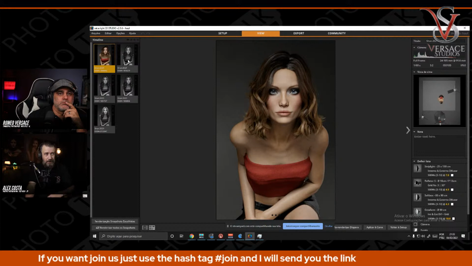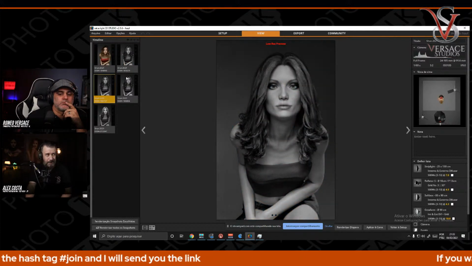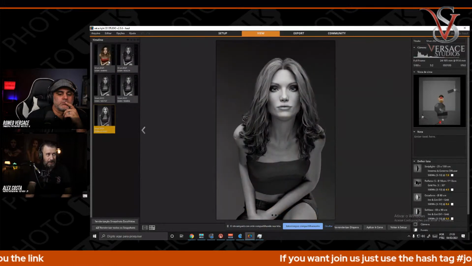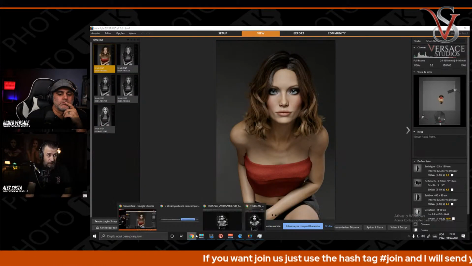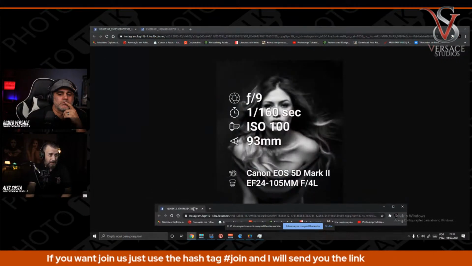I did several tests with different hairs, different chin poses. And honestly, if you take a look at this and you take a look at this, different hairs,